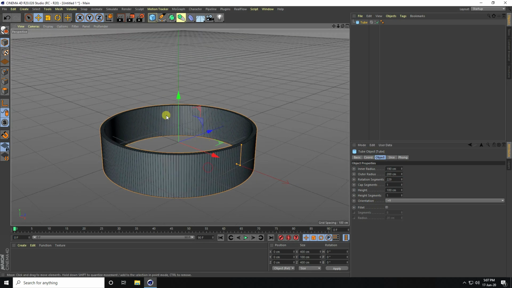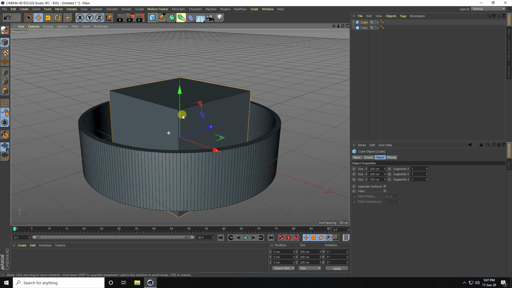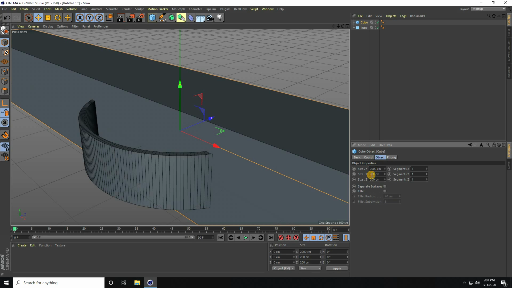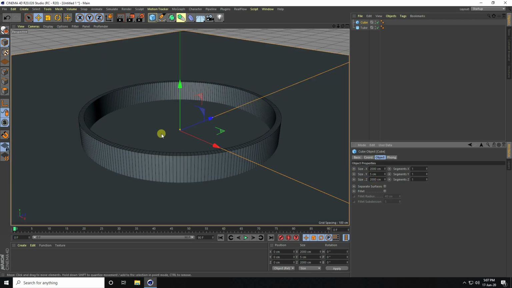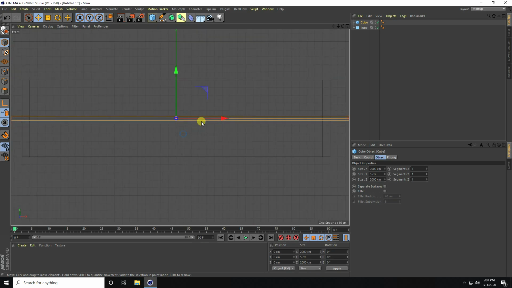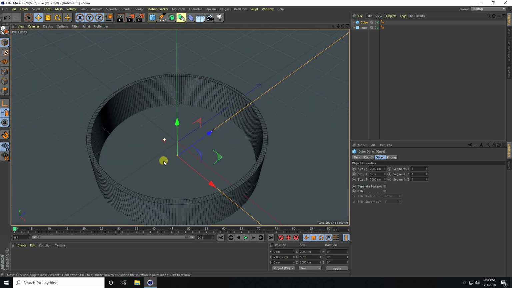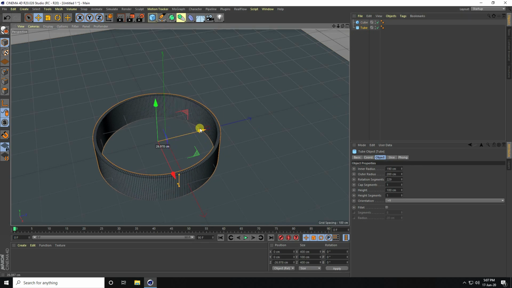Okay. So guys, second shape. Now I take cube and change cube size. Cube size I take 2000 and y-axis I take only 5 and last one I take same 2000 centimeter. Okay, so guys, go to front view panel and I go to down. Simple, right? Okay, so guys, select this tube and little bit go on here.